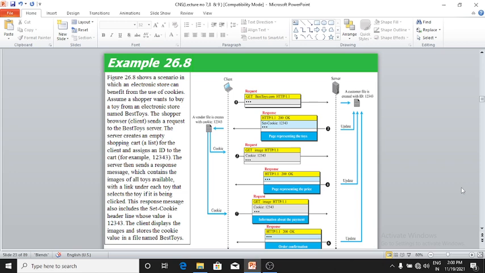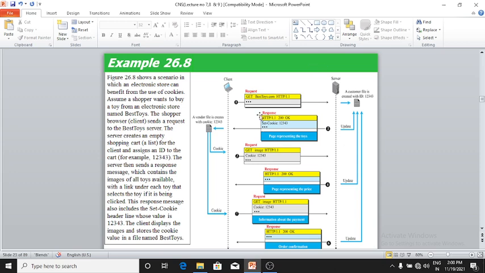The server sends a response message which contains the image of all toys available, with a link under each toy that selects the toy if it is clicked. This response message also includes the Set-Cookie header line whose value is 12343. The client displays the image and stores the cookie value in a file named Best Toys.